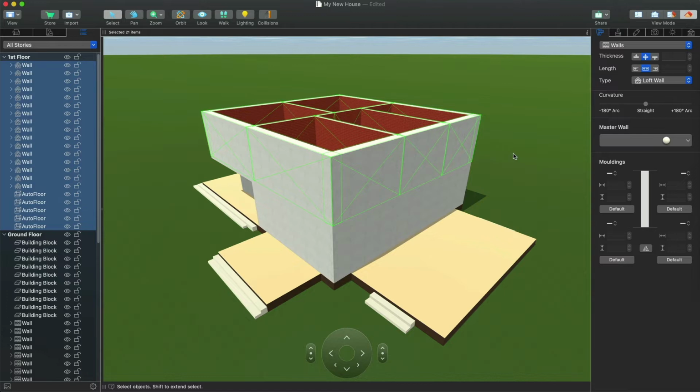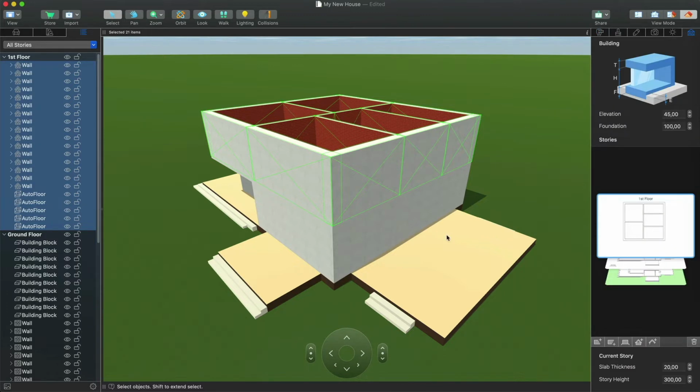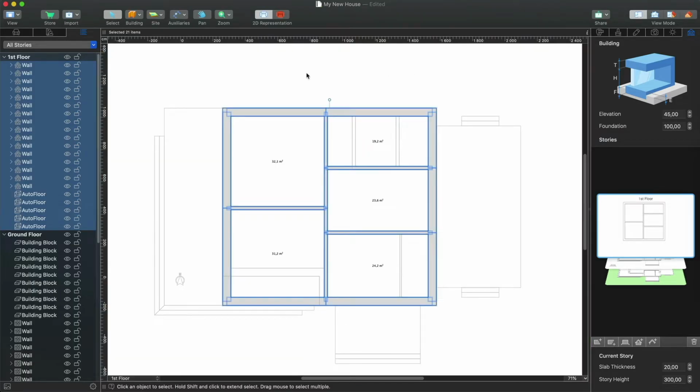You can build a roof in several ways. To add an automatic roof, switch to the Building Properties tab of the inspector and click the Add Auto Roof on the current story button. Users of the Pro version can draw a custom roof with the Roof Rect and Roof Poly tools.